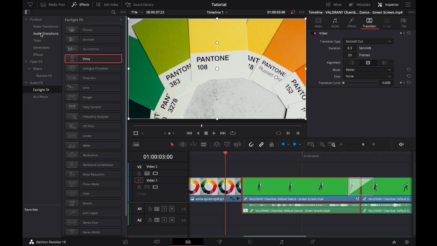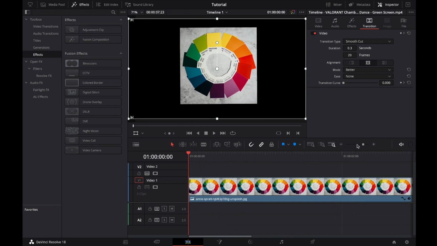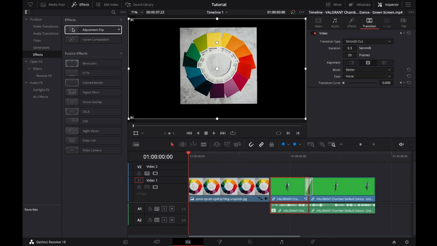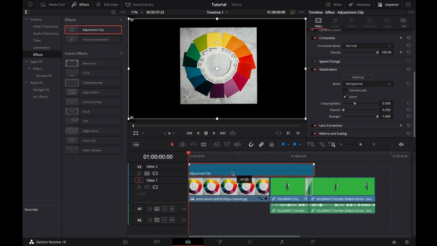Now one common tool a lot of creators use is the adjustment clip. So if you want to find the adjustment clip, go to effects, and you can see there's something called an adjustment clip over here. So I'll show you why it is used. Let's reduce the zoom a little bit. Okay, here. Now I'm going to drag the adjustment clip over here. I'm going to drag it to the beginning